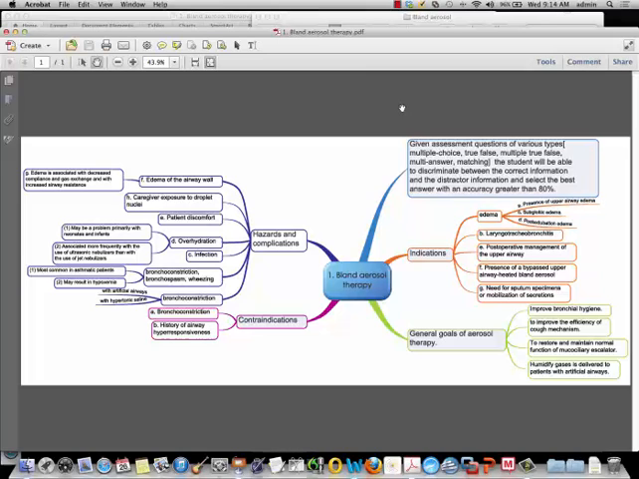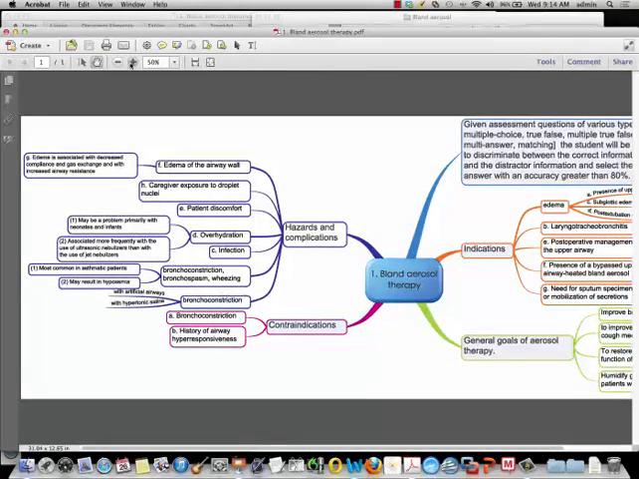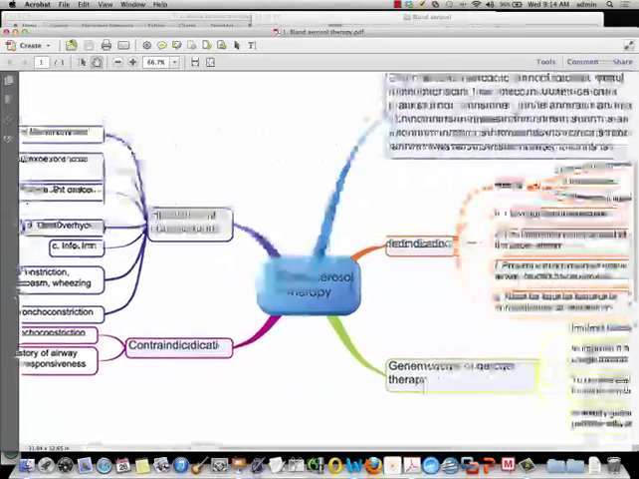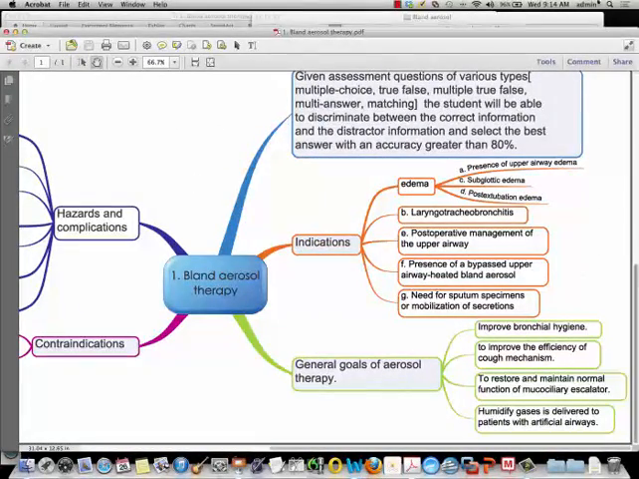And these are some of the questions, and I'm going to do this for the entire piece of information on bland aerosol therapy. This is all I could put together last night. First of all, you have indications. Let me see if we can zoom in on this. What we call the indications